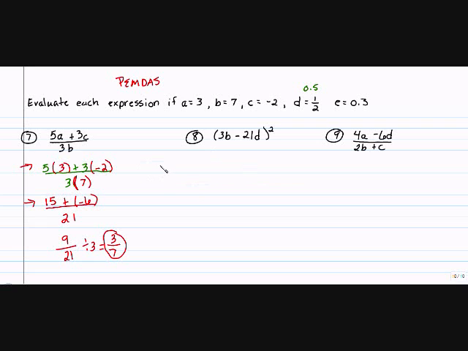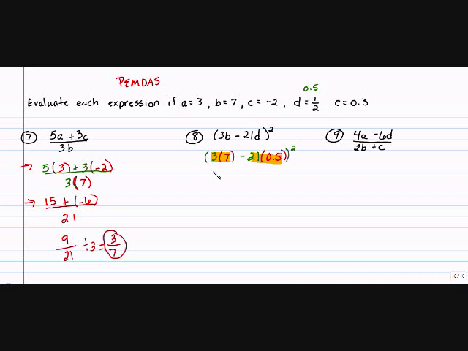Okay, let's go ahead and rewrite the problem substituting, and then we can evaluate the expression. I have 3 times B equals 7. Minus 21. Your D is 1/2. And then squared. And I'm going to go ahead and solve inside the parentheses, moving left to right because I have multiplication. So I'm going to solve 3 times 7, and then I'm going to solve 21 times 1/2, which